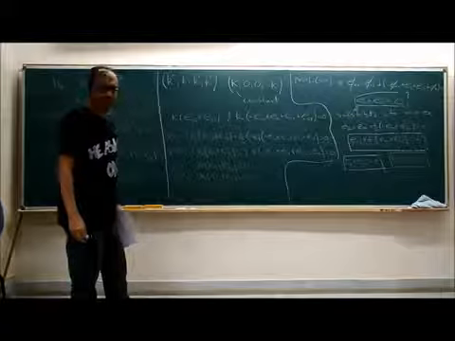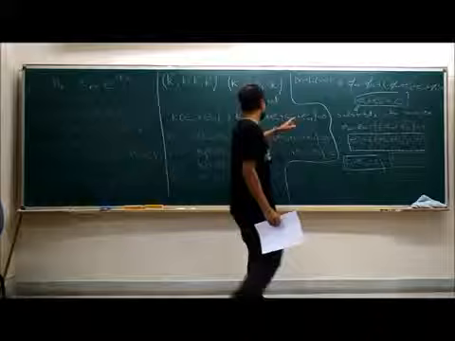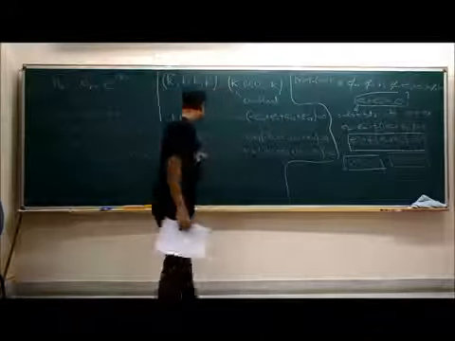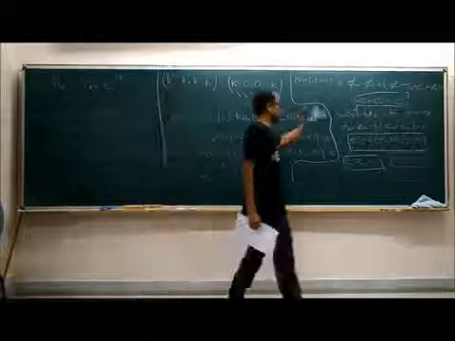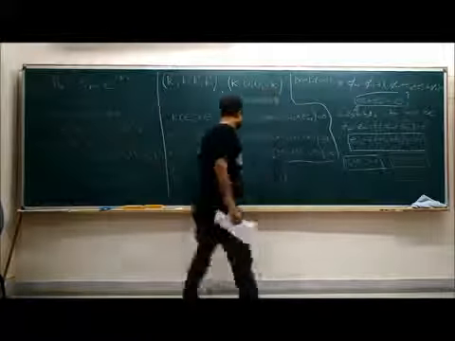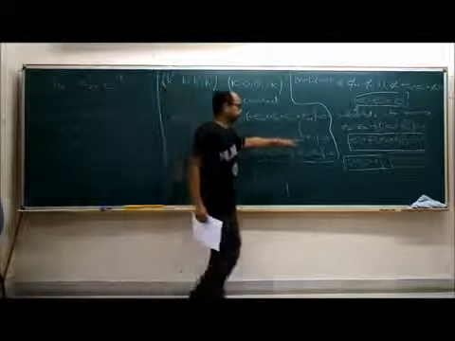Is this clear? So what I did is that I just subtracted this one from this one to get one equation, that's E11 plus E22 equal to 0. Now I substitute here to get this equation.